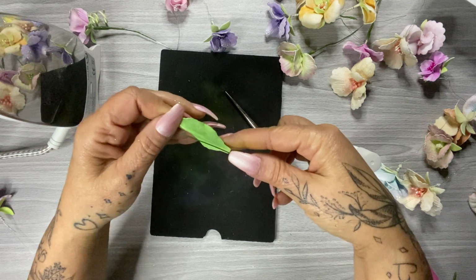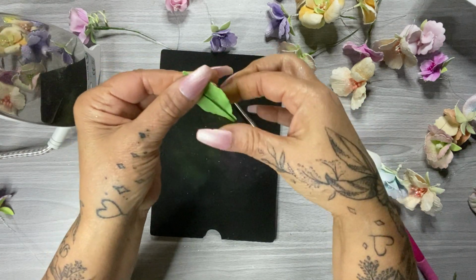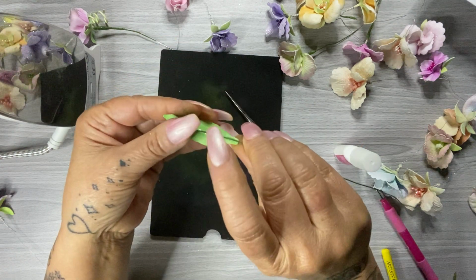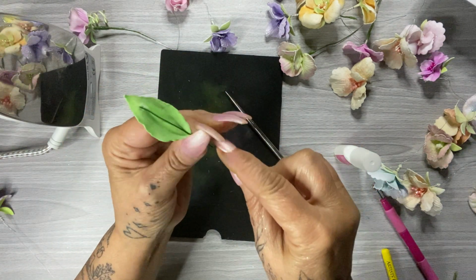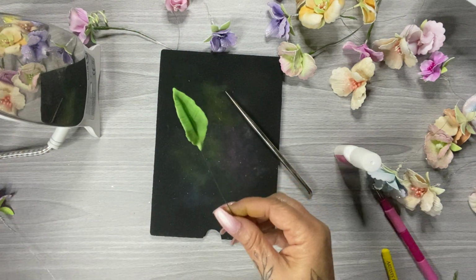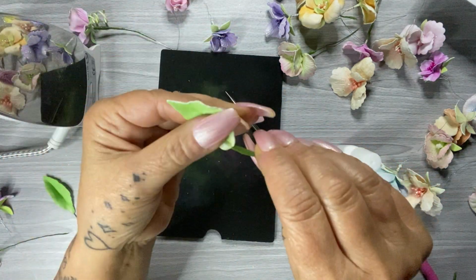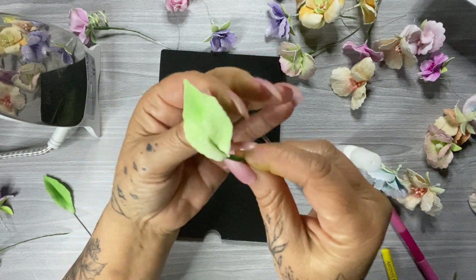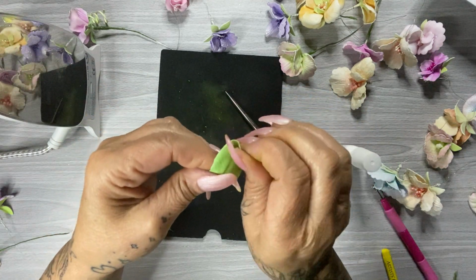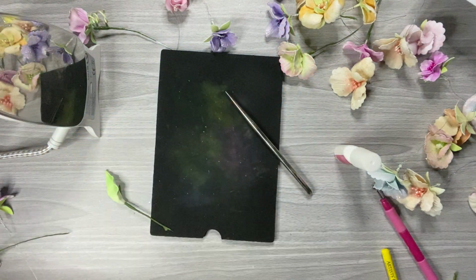And then I'm just going to hold that. I'm trying to do it so that you can see what I'm doing. Just glue my wire on the back, which means I'll just let that dry for a second before I show you. Okay, which means that if I bring this one over, which I did earlier, it means that I can move and get my leaf in any way I like. Okay, and then you can tape down with your florist tape